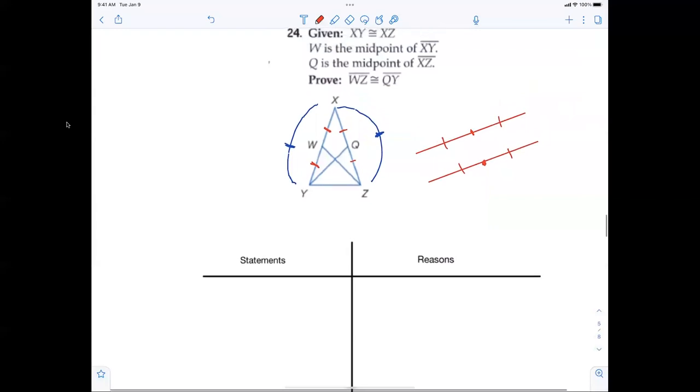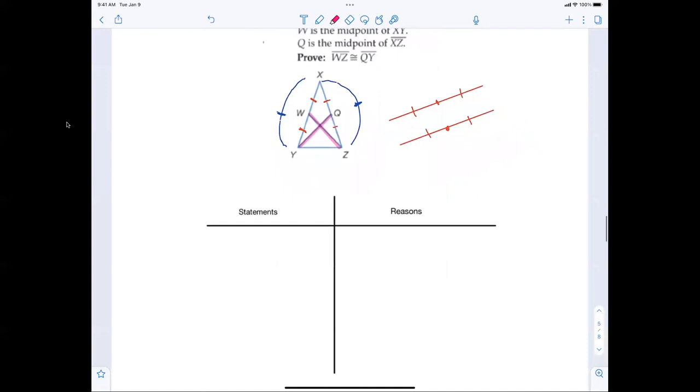All right. So prove that WZ is equal to this. Now, I haven't really done this, so this is a good opportunity for me to do this now. What I'm going to do right now is take this triangle right here and pull it out to the side. This is W, this is Y, and this is Z. And now over here,